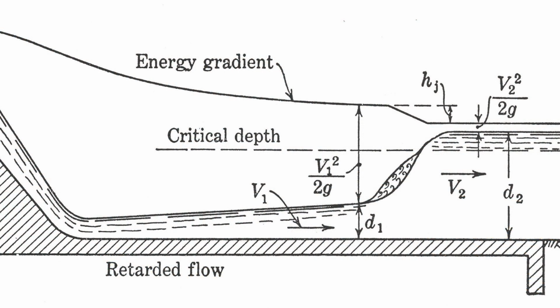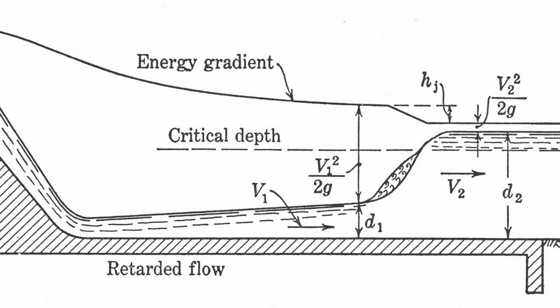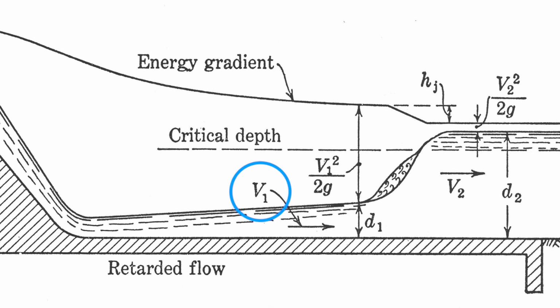The characteristics surrounding the reverse roller on the downstream side of the dam can be evaluated using hydraulic engineering principles. After the water flows over the dam, it accelerates. As the water accelerates, it becomes shallower and the depth becomes smaller. The velocity of the water is shown in this diagram as V1, and the depth is shown in this diagram